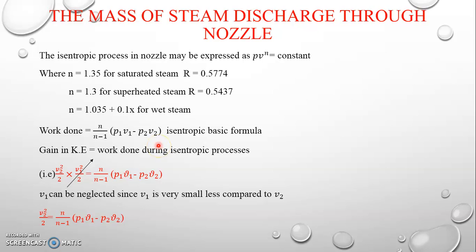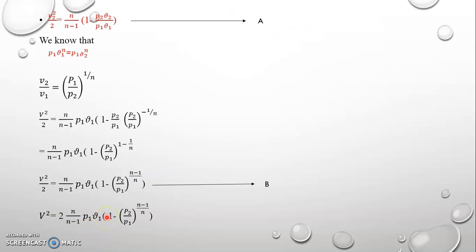V2), the isentropic basic formula. From the gain in kinetic energy, the work done during the isentropic process, that is V2 squared by 2 minus V1 squared by 2, equal to n divided by n minus 1 (P1 V1 minus P2 V2). V1 can be neglected since V1 is very small compared to V2. V2 squared by 2 equal to n divided by n minus 1 (P1 V1 minus P2 V2). Finally, V2 squared by 2 equal to n divided by n minus 1 into P1 V1 (1 minus P2 V2 by P1